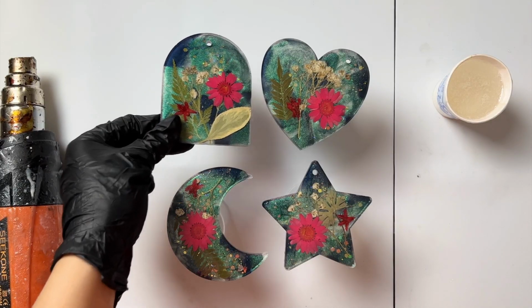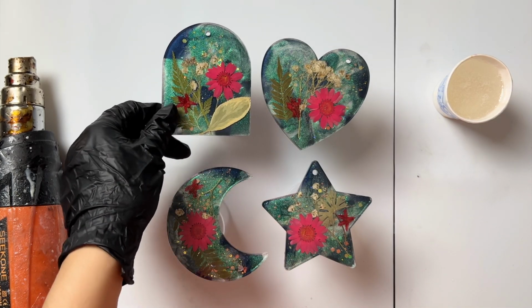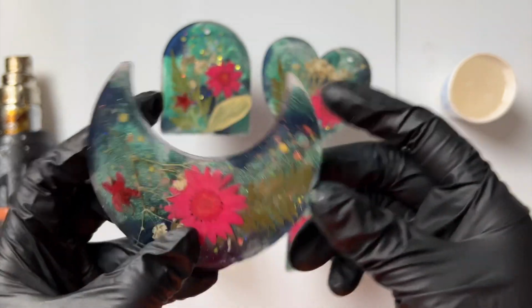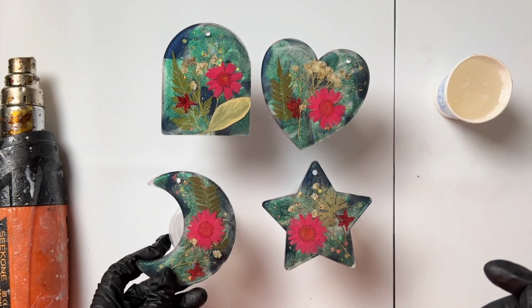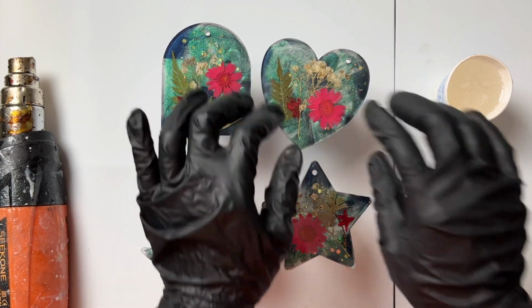When we do our top coats, we want to set the piece on top of something. I'm just using a cup. It doesn't matter what you use as long as there's some height and it's going to be leveled. That is so if there is any resin that drips over the edges, your piece won't be sitting in a puddle of resin. And I just showed you that the moon is completely cleaned up and we are ready to